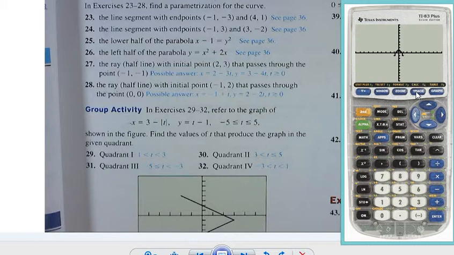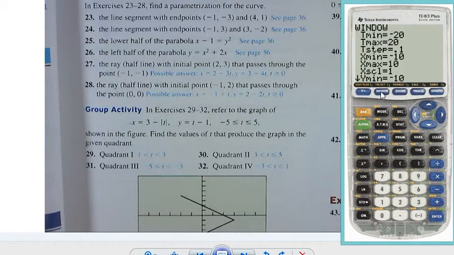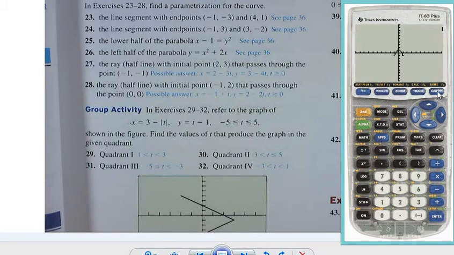So let's do this one more time. I'm going to do negative 50 to positive 50. And so maybe there's a cycle. Maybe this repeats or something. I don't know. So I'm going to hit graph again. And so now it looks like it's just going over the same graph, over and over. My calculator is literally plotting all these points. Okay? So now what we need to do then is, if that's the case,